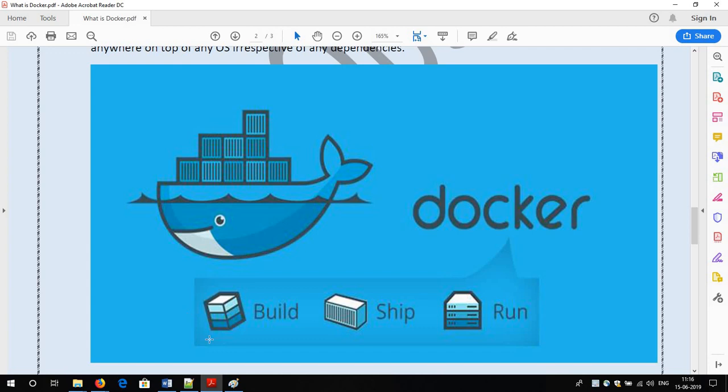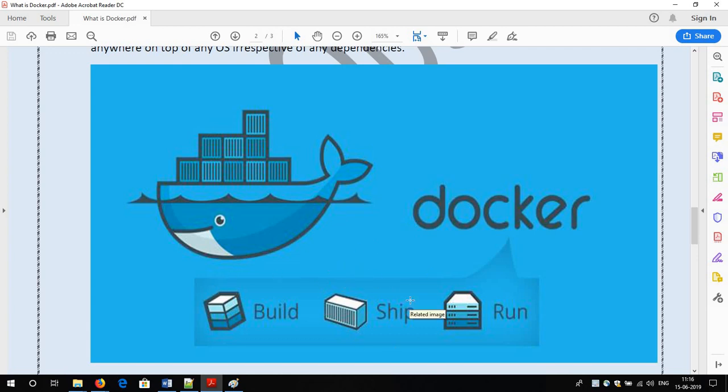I can build images as per my requirement. Suppose my company wants to run a Java application along with multiple other applications. So I will build an image for that Java application along with the other applications I want. I will build that image and I can ship that image anywhere. Suppose I can release this image to the tester team, to the operations team, to whatever team requires it. I can ship it anywhere.